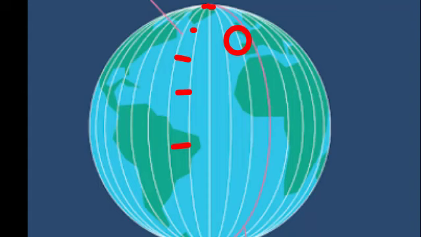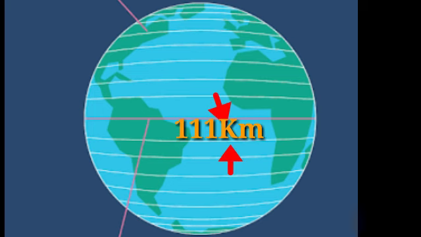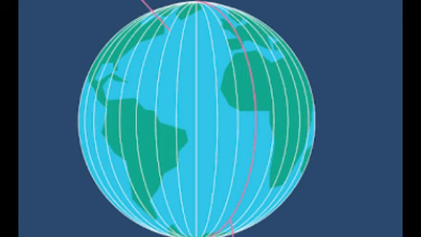We can see this even on the segment of an orange. The distance between the meridians is the maximum on the equator and goes on reducing towards the pole. At the pole, it is 0. The distance between any two adjacent parallels is 111 km on the surface of the earth. The distance between two adjacent meridians is also 111 km on the equator.